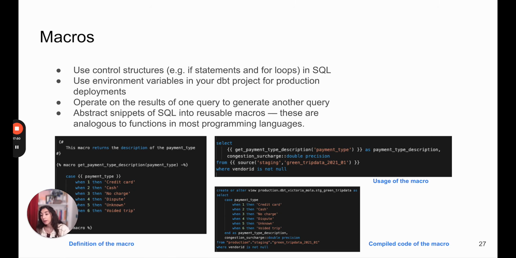And in fact, there are different ways we can use those curly brackets. We could use them like this, so one curly bracket only and then one symbol. See, here is a different symbol. Or we could use 2 curly brackets. All of that within the curly brackets is Jinja. Jinja is a templating language. It's similar to Python in terms of how it's written. And it's going to allow us to tell DBT how to compile the code, as I said before. So with Jinja, we're going to create macros. And macros are like functions that are going to allow us